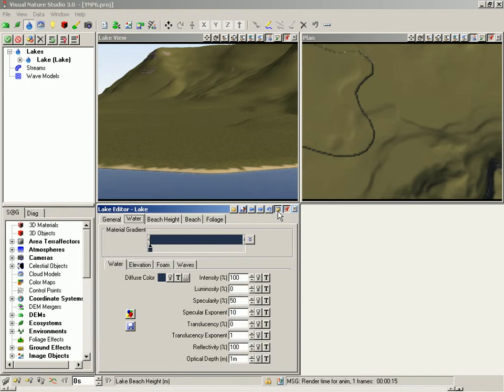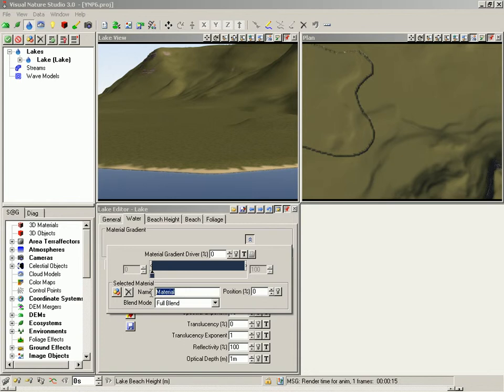To create different colors for shallow and deep water, we'll use a material gradient driven by water depth. Show material controls and rename the material shallow. Click on the right side of the gradient to add another pin. Let's call that deep. We're going to use a texture to drive the material gradient, so click the texture button,